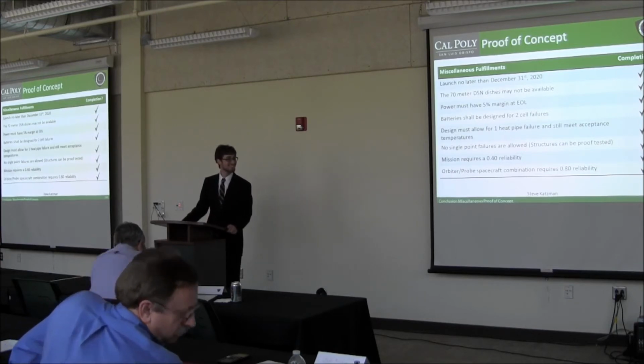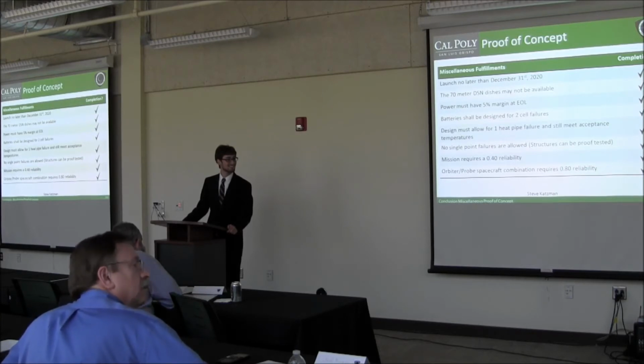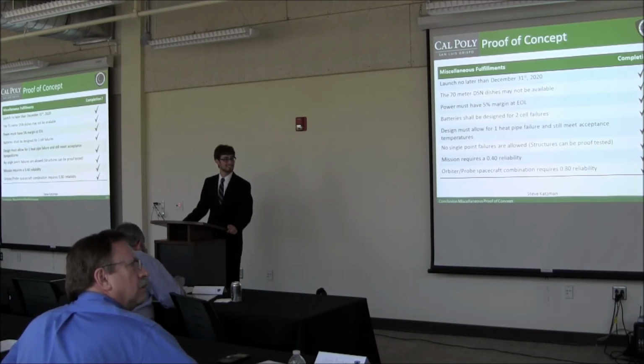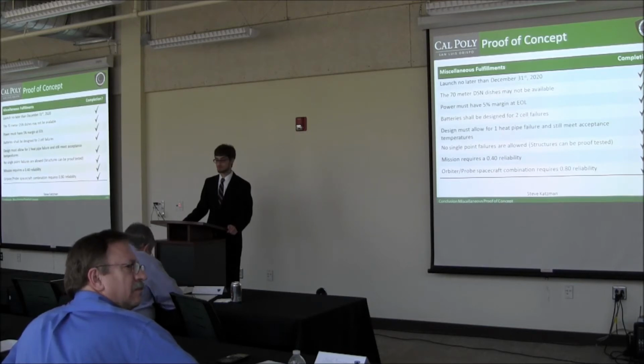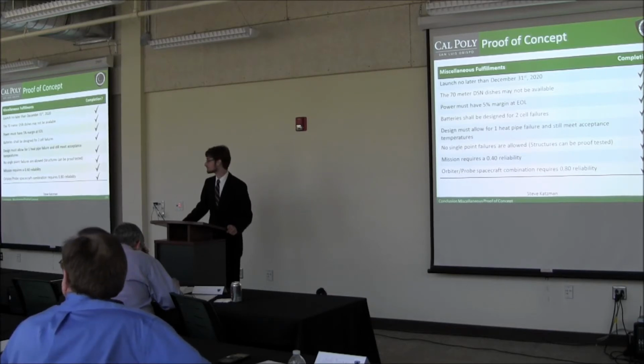Yes, so single point failures, we're thinking of something that would cause a total mission failure. And while we do have vehicle single point failures, which would cause the UPS vehicle to be a failure in its own right, we will still complete part of the RFP with the rest of the mission. So we don't have anything that will completely be insufficient. Okay, so you're saying that you want to accept some degradation? Yes. And you should coordinate that with the